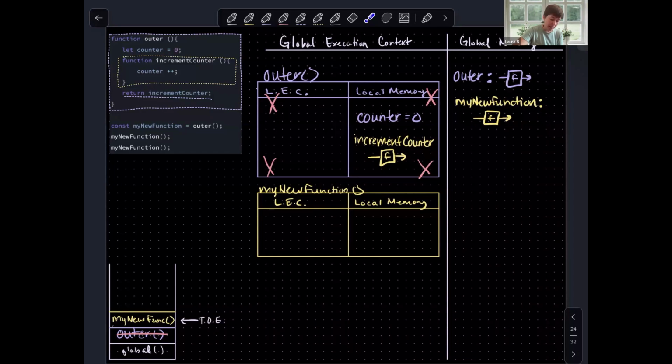It was defined within the context of outer. What this means is that any variables from outer's memory, from outer's variable environment, that increment counter is going to need will actually come with it when it is returned. Remember, we're returning increment counter from this context. So when we do that, when we return increment counter, we are also returning